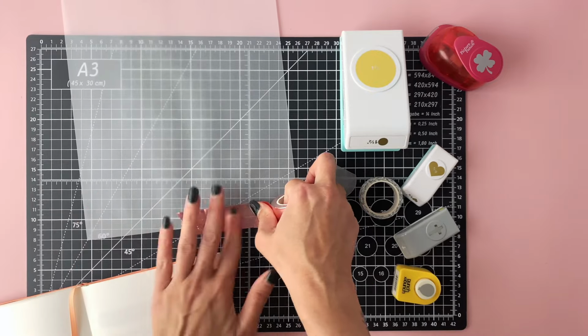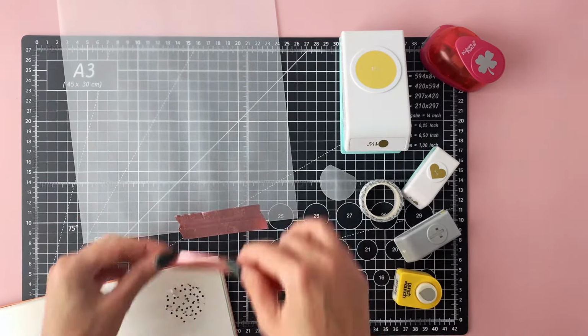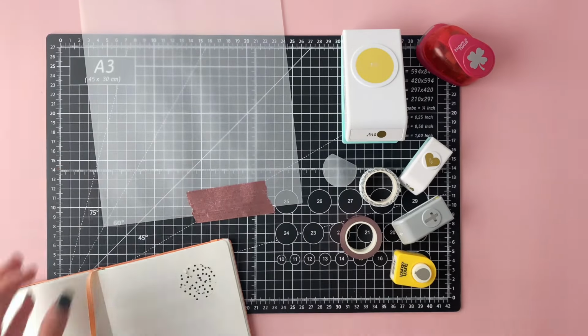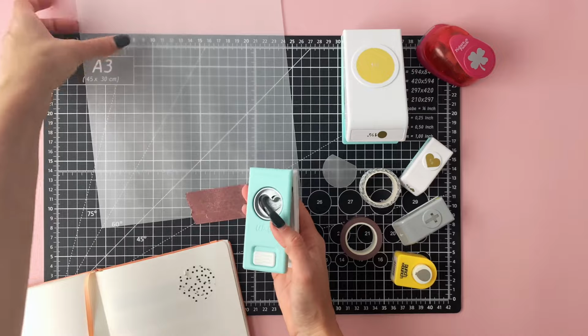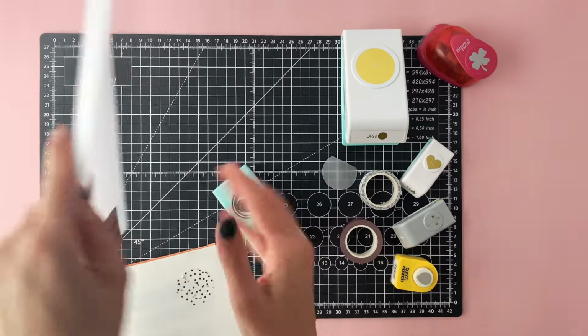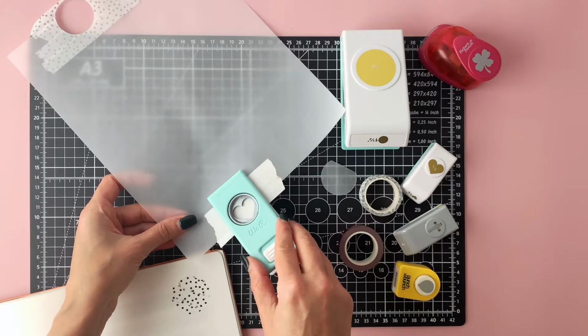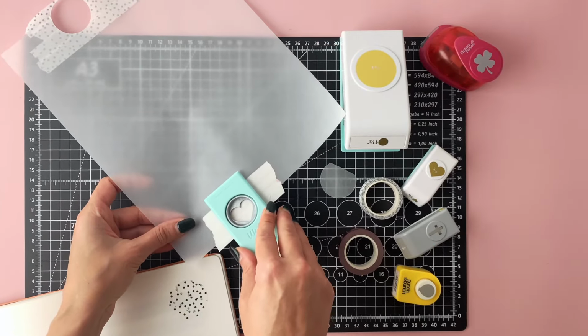So I'm just going to walk through it one more time here with another stamp, and I'm using a foil washi tape this time. I wanted to test all the different patterns and styles of washi tape to make sure they worked just as smoothly, and this cut like a dream. So here I'm just going to flip it upside down. I'm sliding it into the window, making sure to leave a little piece of the overhang, and then boom, I